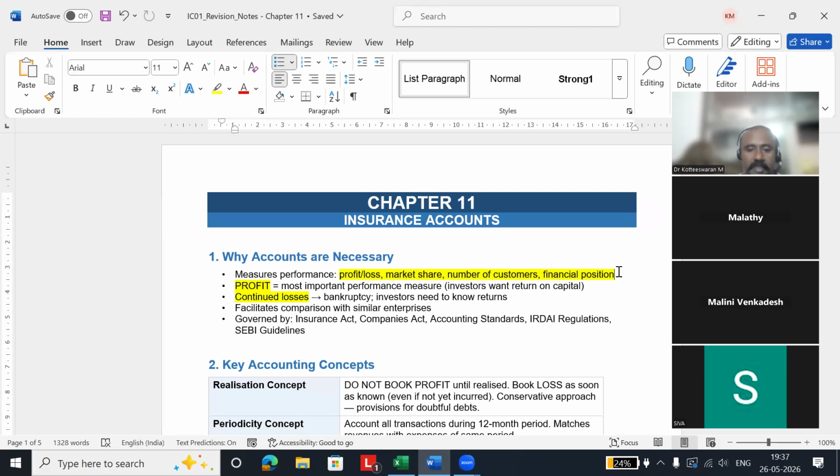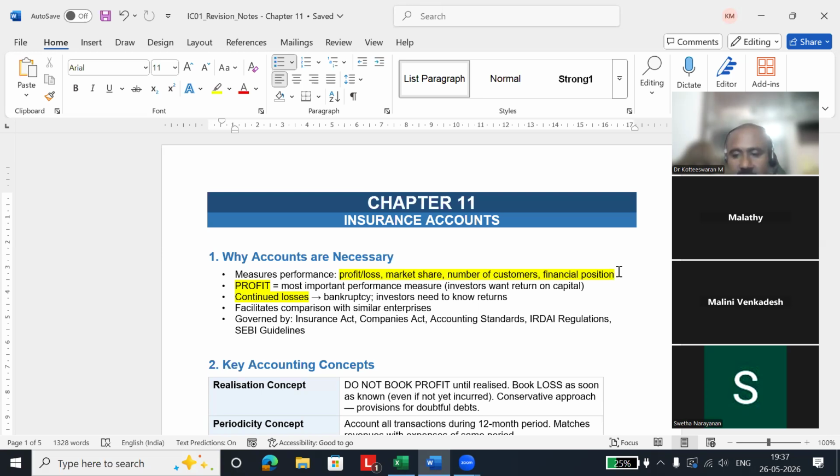Usually they will do accounting on a financial year basis, for most of the accounting in every business, whether we are paying GST, or doing our financial accounting in terms of salaries payout, in terms of taxes that we are paying to the government. Everything is under the financial concept. The financial year starts from April of this year and ends in March of the next year. It is not a calendar year. So most of the accounting is done on a financial year basis.